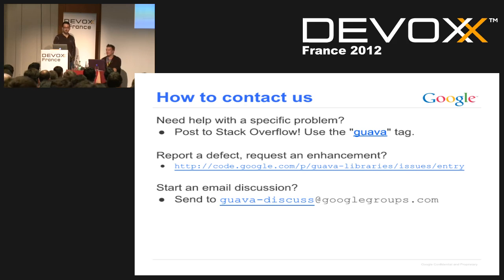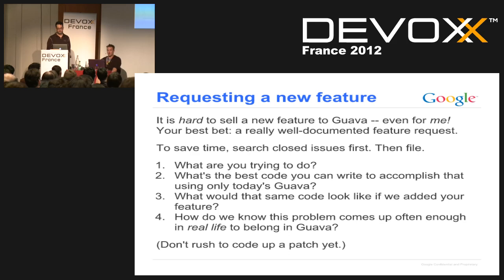If you really are pretty sure you've found a defect or you want to request an enhancement, that's our URL for reporting one of those. I don't actually expect anybody to be furiously scribbling that down, but you can find it pretty easily from our main project page. And we also have a mailing list, which is the catch-all, for when you just want to discuss some topic that doesn't fit neatly into those categories.